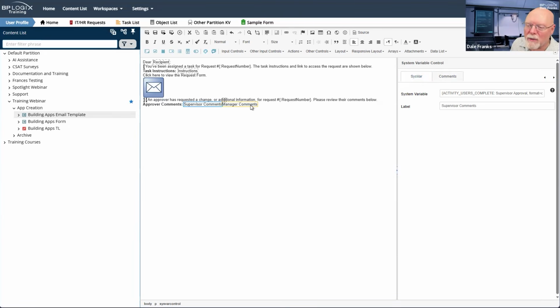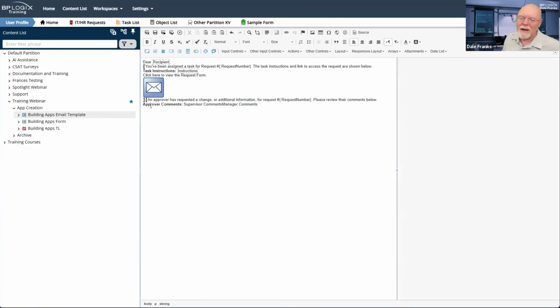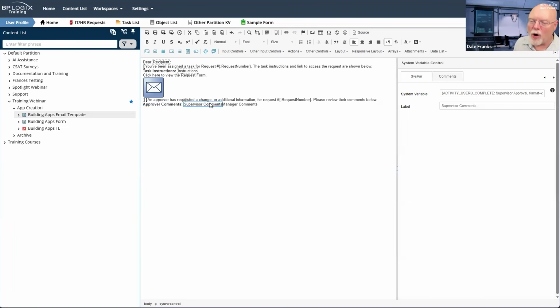So I've got supervisor comments and manager comments. You know what? I'm going to make life easier for me. I'm not going to try to go back in because I could create another embedded section control to show supervisor comments and then another embedded section control to show manager comments.